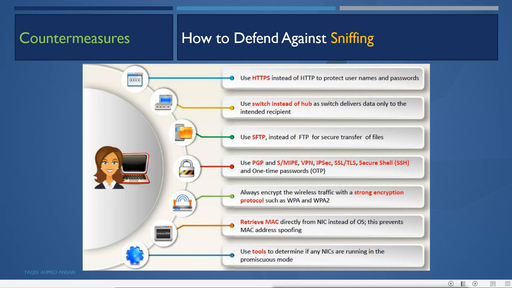Use PGP, S/MIME, VPN, IPsec, SSL, TLS, Secure Shell, SSH, and one-time password. So use these security technologies, these encryption technologies, to secure your connection. Or even use one-time password also. Like when you use authentication, when you give username and password and log in, not only that method you use, with that you will use the one-time password also.